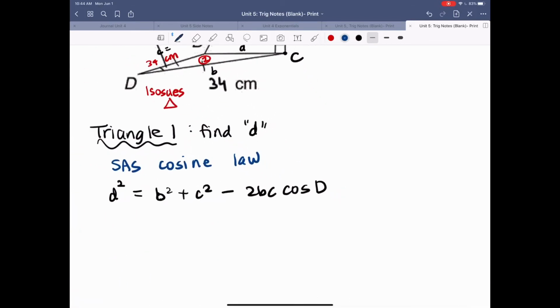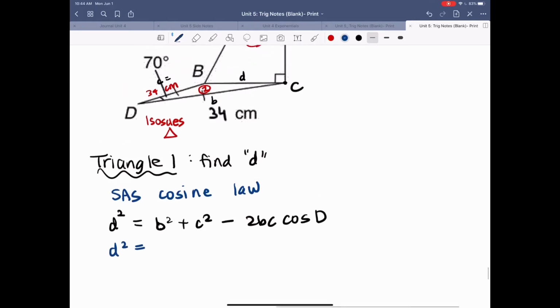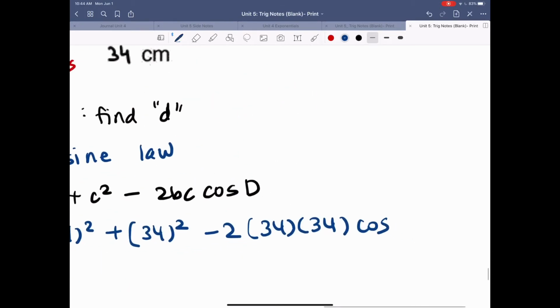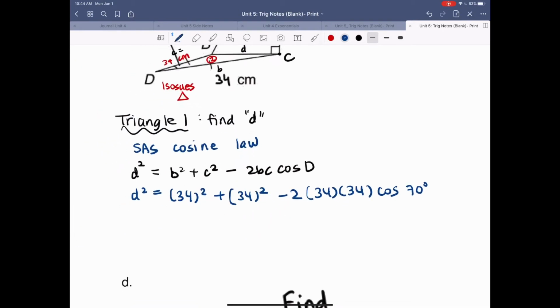I'm going to sub in. So D squared is equal to, B is equal to 34. So 34 squared plus C is also 34 squared because it's an isosceles triangle, minus 2 bracket 34, 34, cos angle is 70 degrees. So let's keep going. If I put all of that in the calculator, I ended up getting a value that was like 1521.24 dot dot dot. Okay, and as a next step, I want to get d by itself, so I need